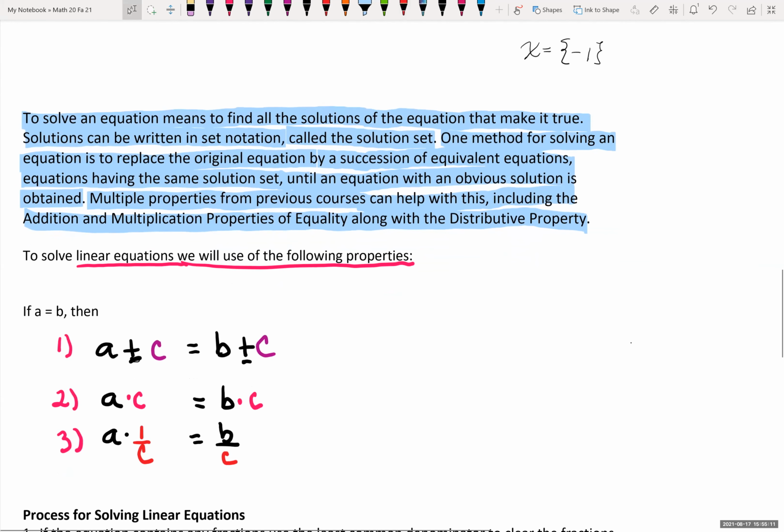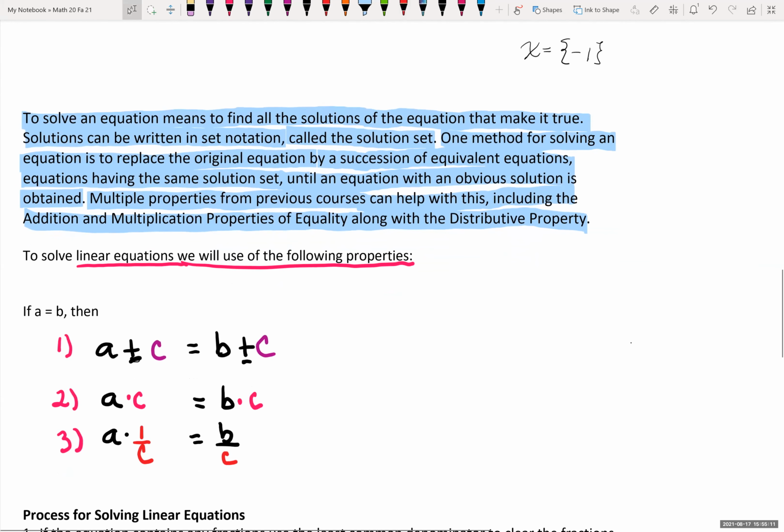Note that we usually just divide both sides of the equation by the coefficient if it is an integer, or multiply both sides of the equation by the reciprocal of the coefficient if it is a fraction. And then 5,